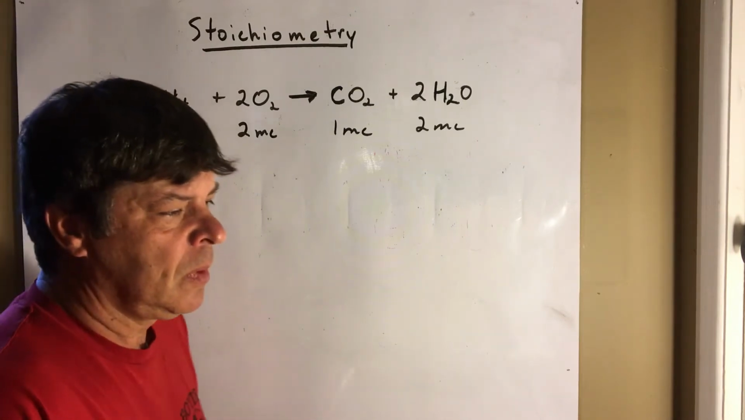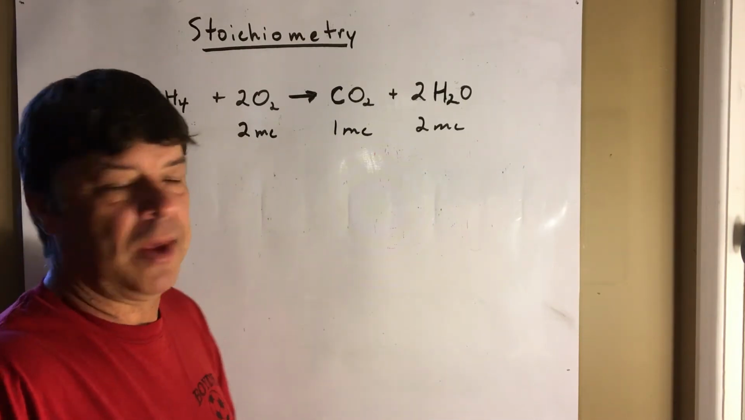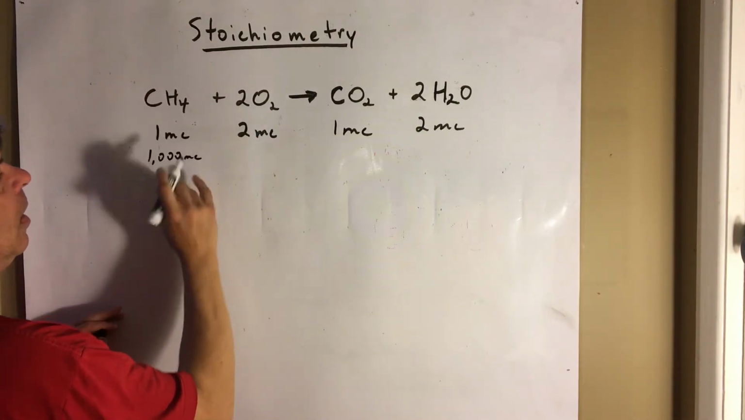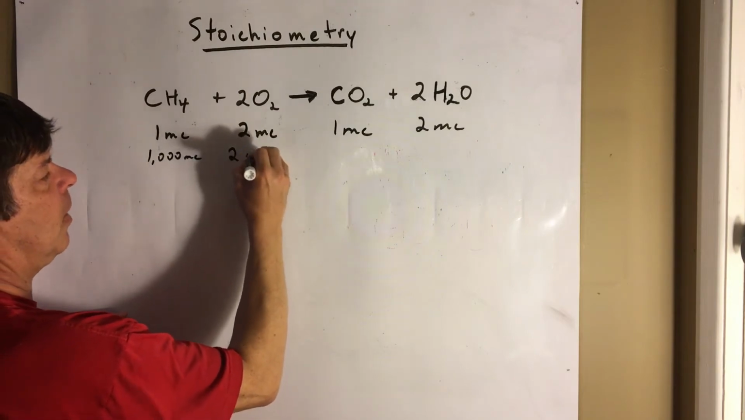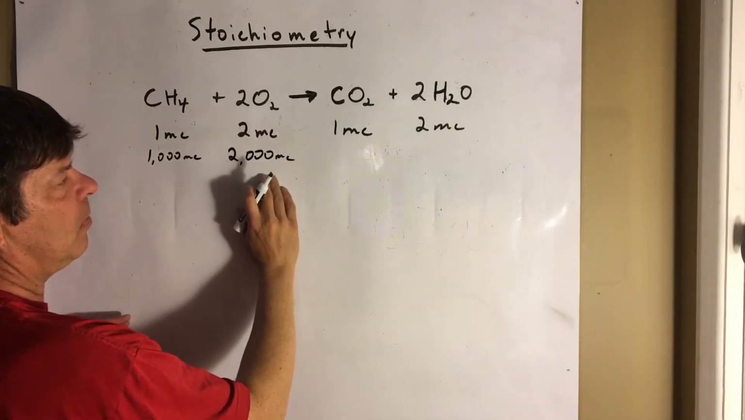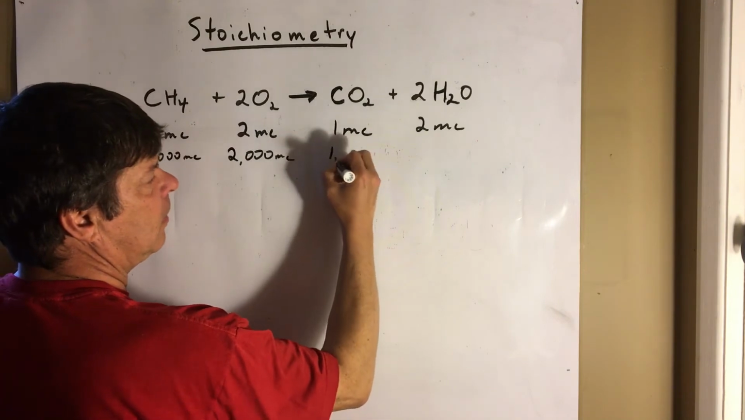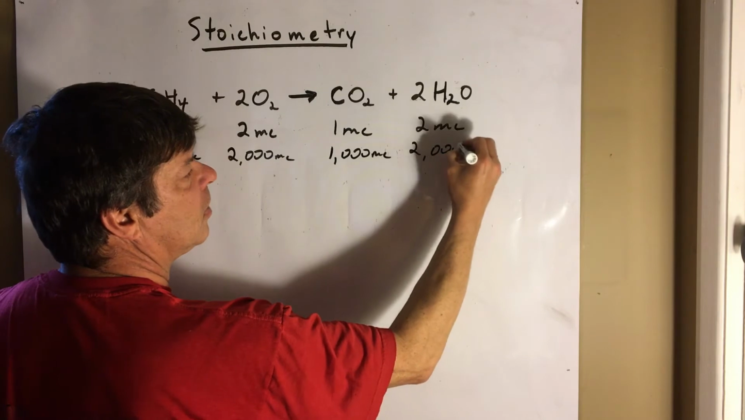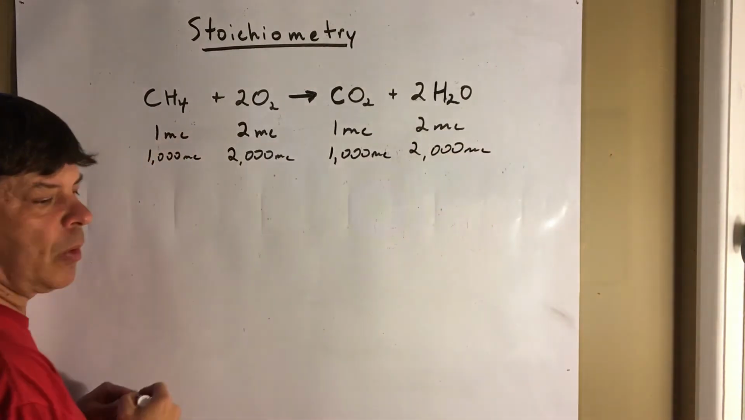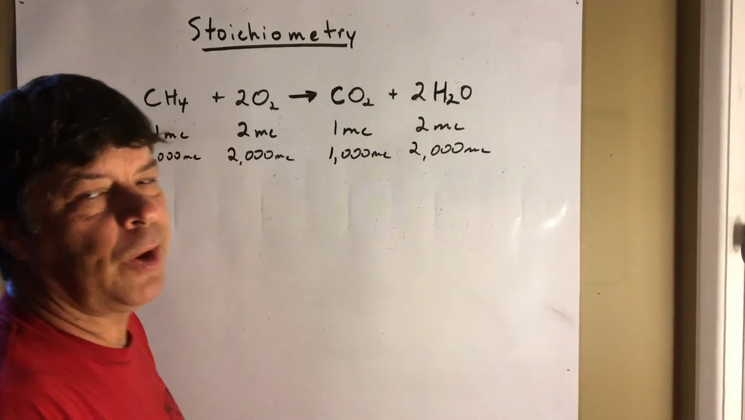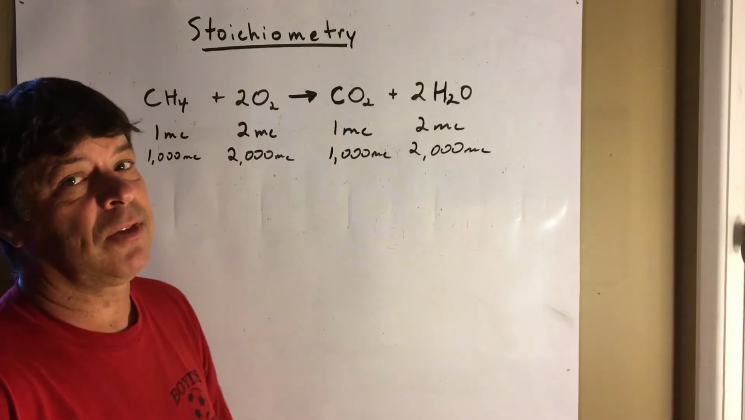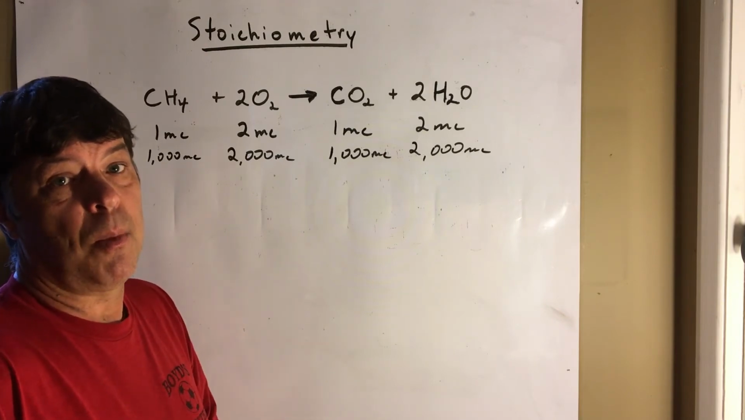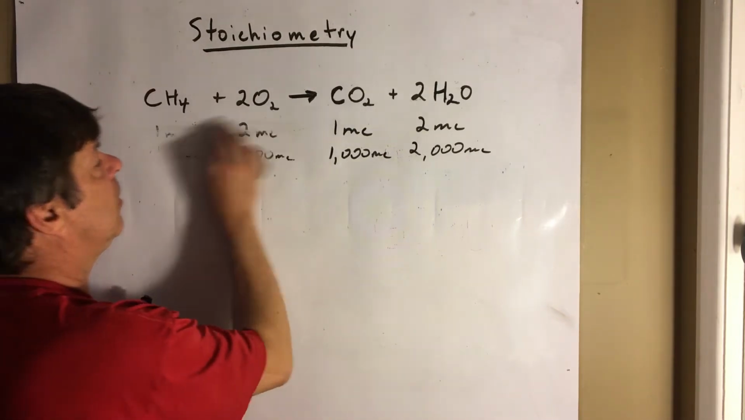So we know counting by molecules doesn't make sense. So we could say, let's say we have 1,000 molecules of methane. Well, we would need 2,000 molecules of oxygen. We would get 1,000 molecules of carbon dioxide. Of course, we'd get 2,000 molecules of water. Well, we know chemists use something else to count. Chemists use the mole. So let's use the mole instead of